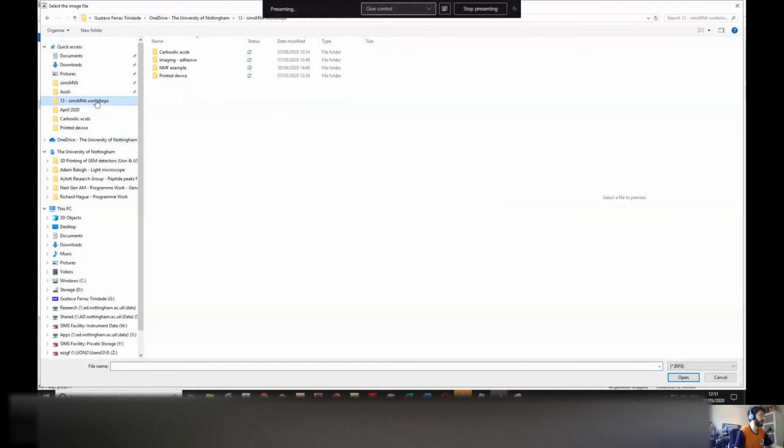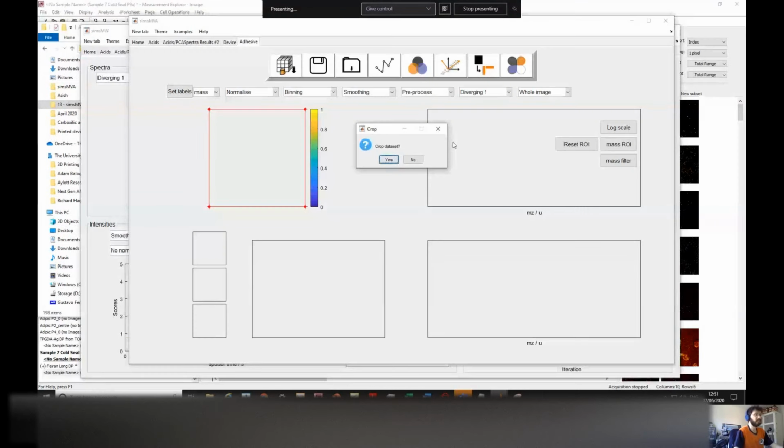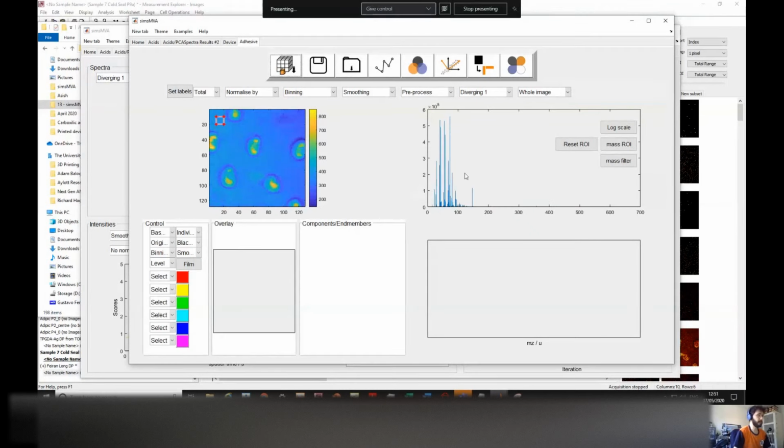So you find the folder again. That's the file, right? Sample 7 codes here. Before it loads, when you click OK, it will ask whether you want to crop it. It depends. If you have corners with edge effects or charging or things like this, it may be good to crop so that you don't take those errors into account. If not, you just say no. If you load the entire image, then you get a warning for the amount of memory it requires. And yeah, so we loaded the